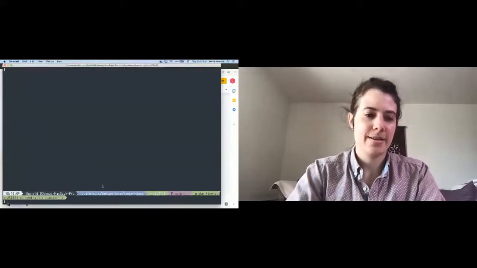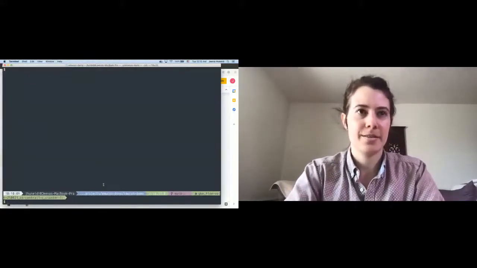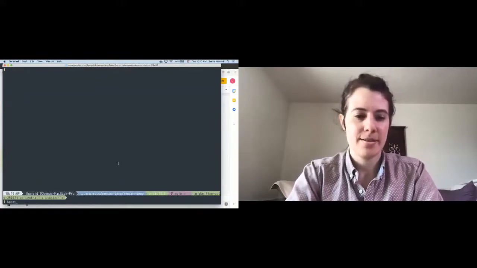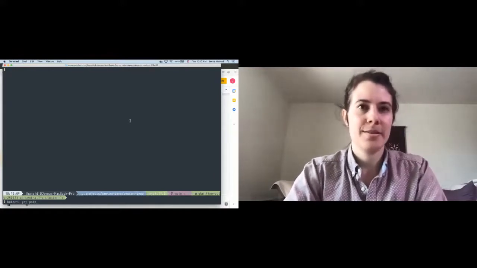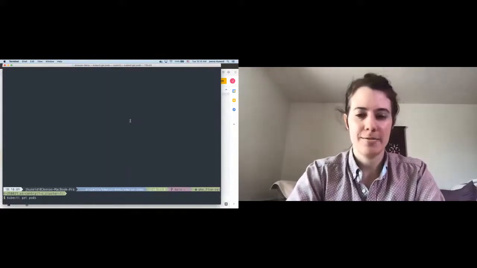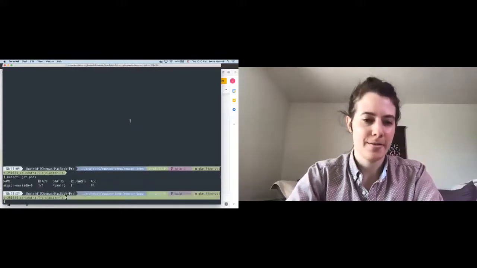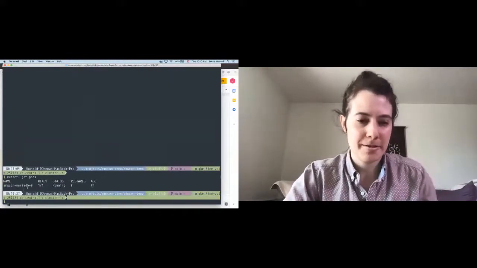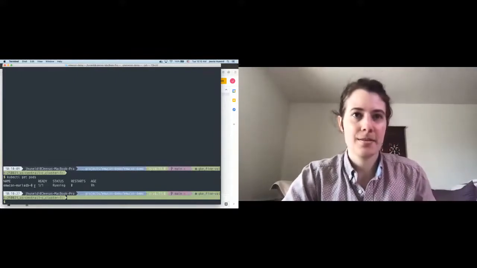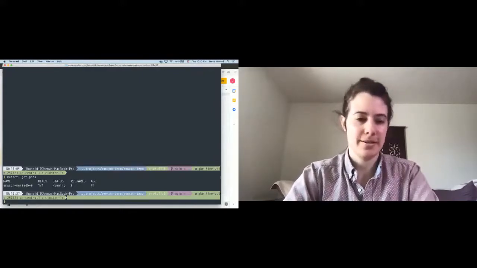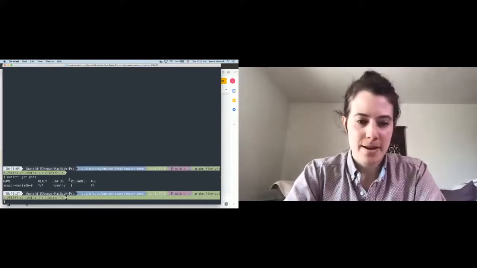The first thing that I want to do is this command, get pods, to see what we already have deployed to our Kubernetes cluster. And you can see that I've deployed MariaDB here. But you can run your database anywhere that you want. It doesn't have to be within Kubernetes. And then I'm going to show you how we can deploy MediaWiki